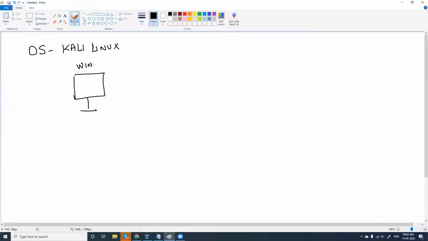Yes, you have your laptop or you have your desktop in which you have Windows 10. So Windows 10 is configured in your laptop or desktop, right? And now we are going to look at network security, and we'll perform a few exploitations. Exploitation is the attack which is going to happen. So when you're going for network security and exploitation, it is very obvious you will be needing tools.